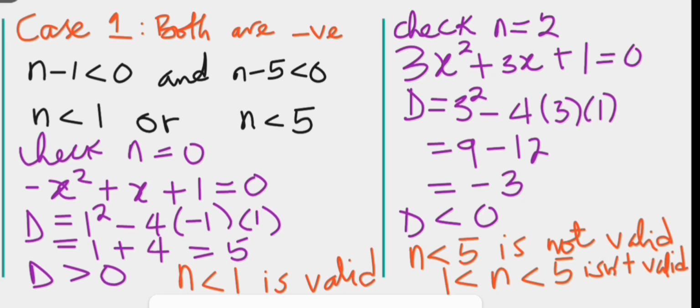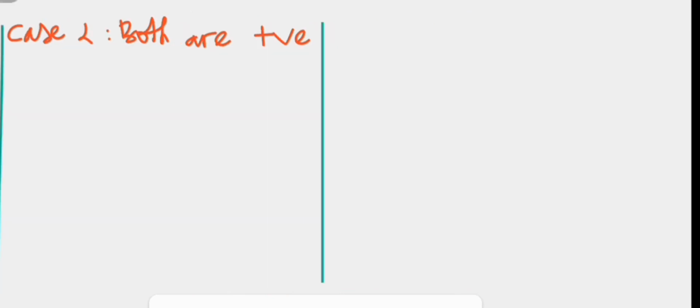Now this is the first case where we consider the two factors to be negative. Let's see the second case where the two factors are considered to be both positive. If the two factors are positive, what this simply means is that n minus 1 is greater than 0 and n minus 5 is greater than